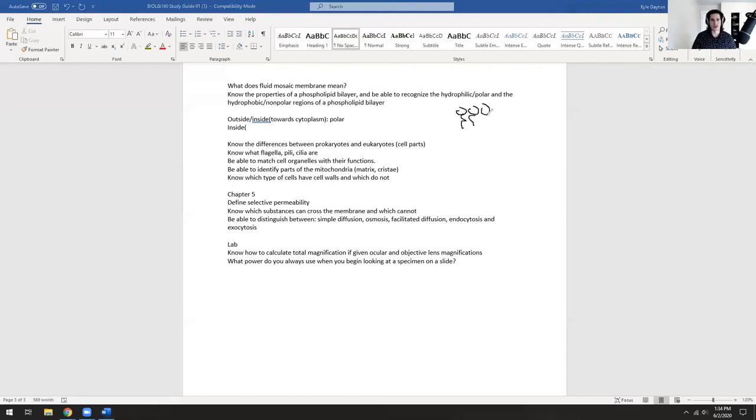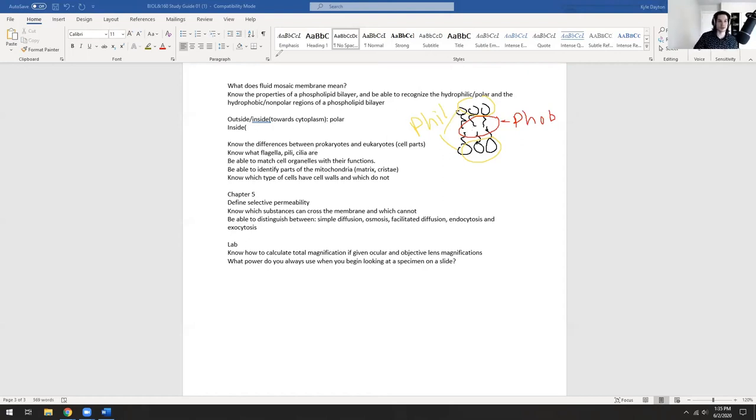Here's your phospholipid heads, and just pretend like I'm using two tails on each of these. In the middle, this is going to be hydrophobic. And then here and here is going to be philic. Phile means a lover of, so philosophy, lover of knowledge. And then phobe means to be afraid of, so this is hydrophobic, hydrophilic.